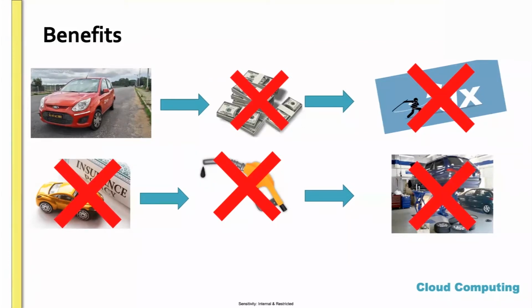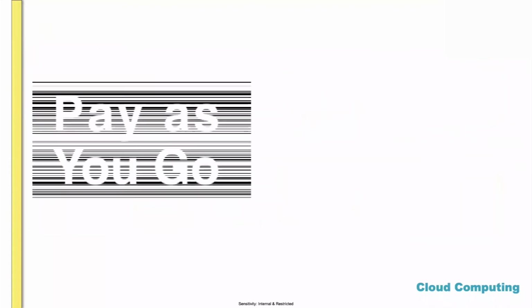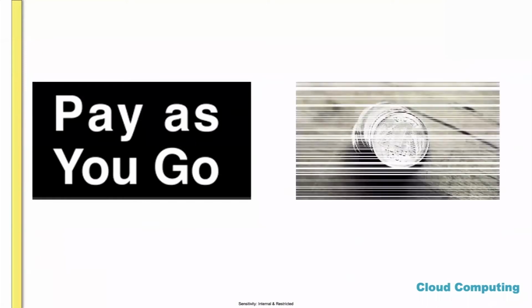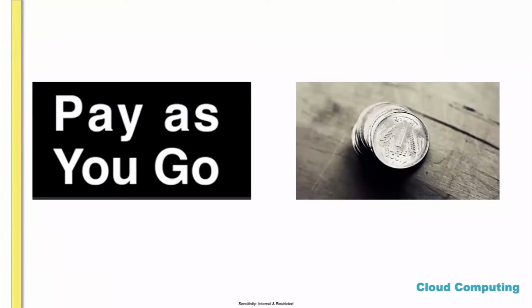You need to pay for the usage, correct? When you use this car for 5 hours or 24 hours or 2 days or whatever, you need to pay based on the number of days, or the number of kilometers or hours you used. It's based on your usage that you need to pay. This is the payment model of cloud. Pay as you use or pay as you go, or pay as per use model.